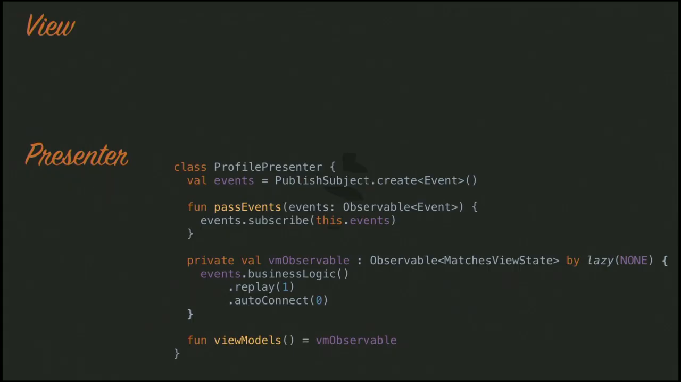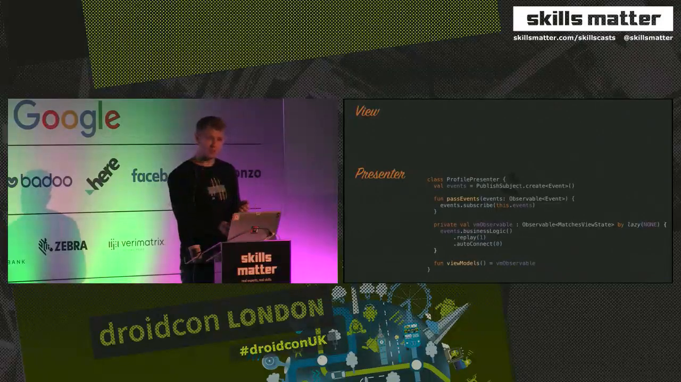And we need to fulfill two things. When a new view comes to the presenter to subscribe, we need to send back the latest state that we had. This is the replay. So replay is just, on new subscribers, give the last state that we have. And auto-connect is to make it so that